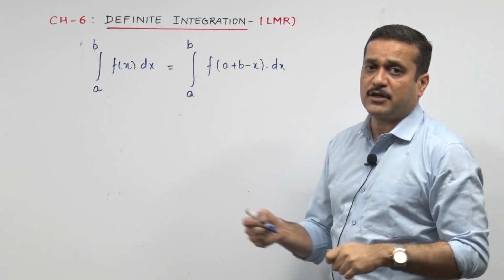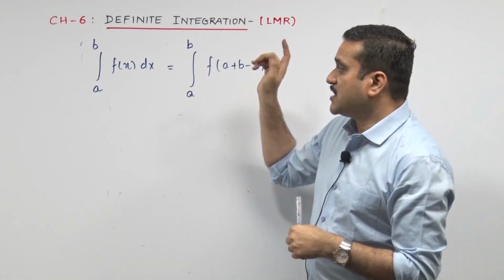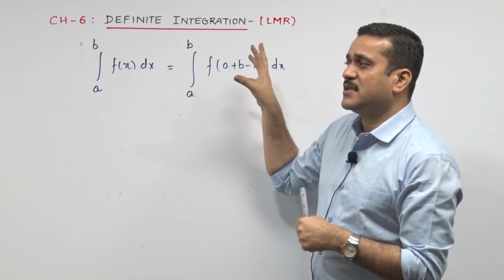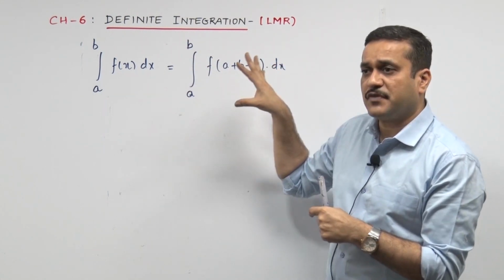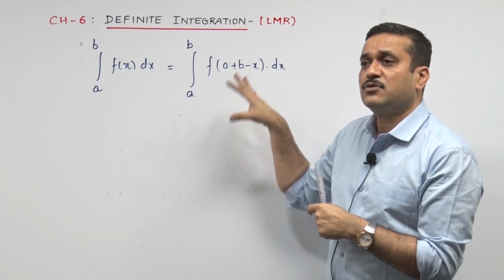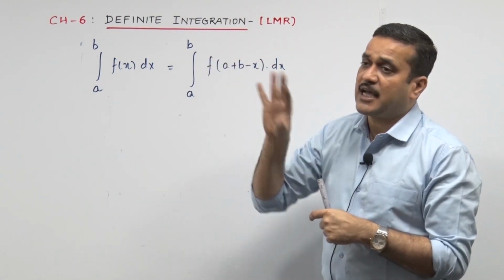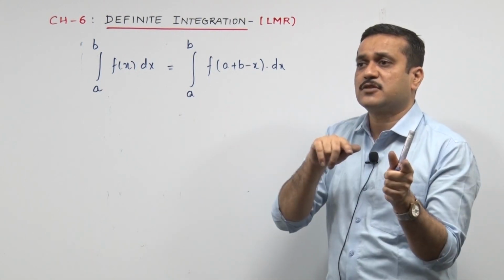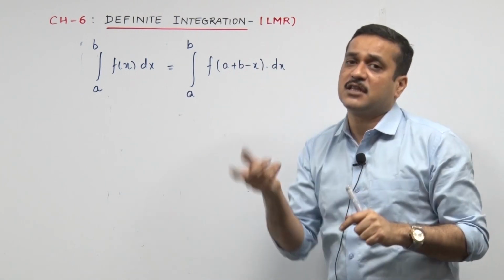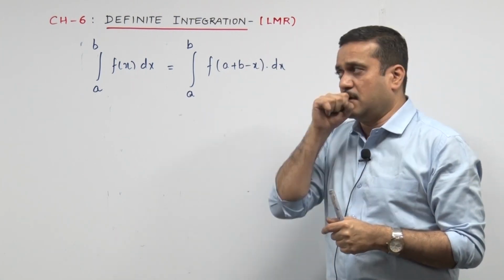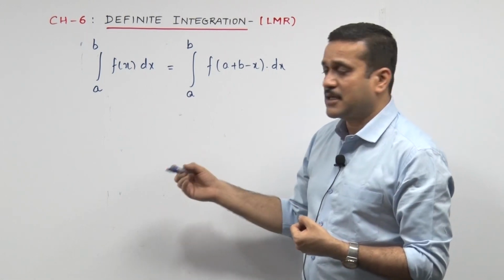If given a chance, I would like to show you one more time. It works. Sir, what works? Even after changing your x to a plus b minus x. Now, when somebody sees f of x can be rewritten as f of a plus b minus x, if he knows functions, he understands you are given the liberty of changing your x to a plus b minus x. Where? Everywhere in the function. When your f of x becomes f of a plus b minus x, you need to change your x to a plus b minus x everywhere in the function. That's how it works.